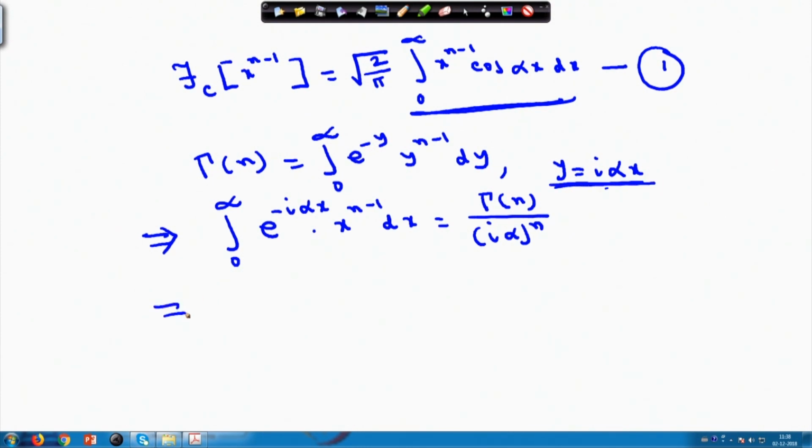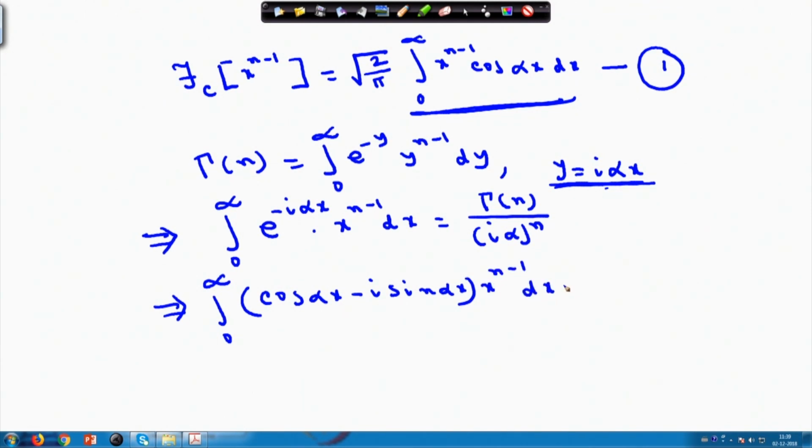So this again you can write down as the integral from 0 to infinity of e to the power minus i alpha x, and you can write it in terms of the cos function and sin function. So this is nothing but the integral of (cos of alpha x minus i sin of alpha x) into x to the power n minus 1 dx. This equals gamma n into i to the power minus n, I am just putting it here, divided by alpha to the power